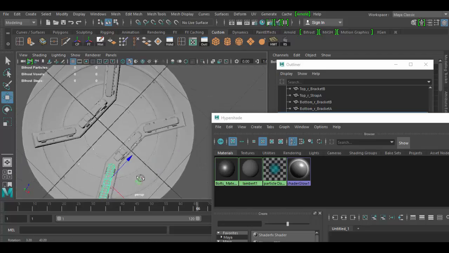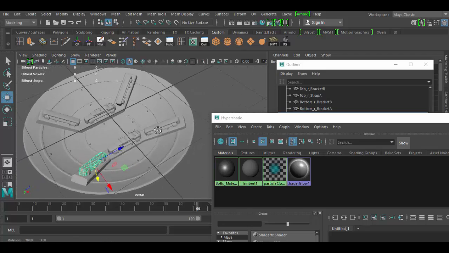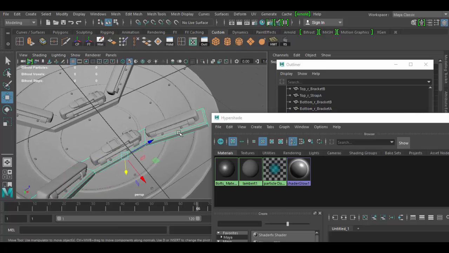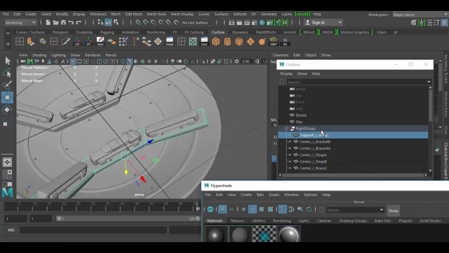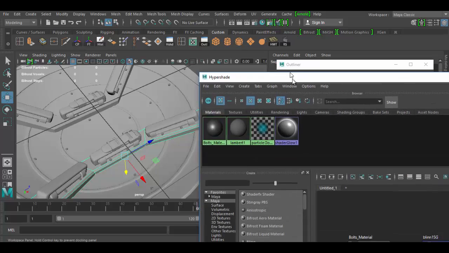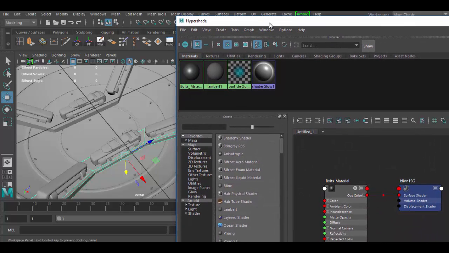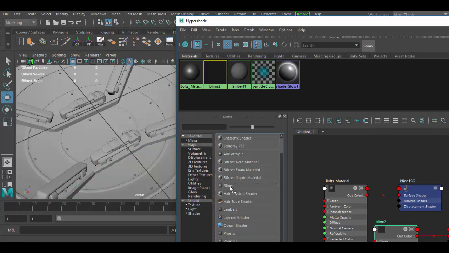So let's create another blend material for the main units here, these guys which are called the supports, basically. We're going to go under the Maya category here, and over here on the right is a list of materials. I'm going to click in here and add another blend material. It calls it blend 2 by default. I'm going to double click on it to activate it,